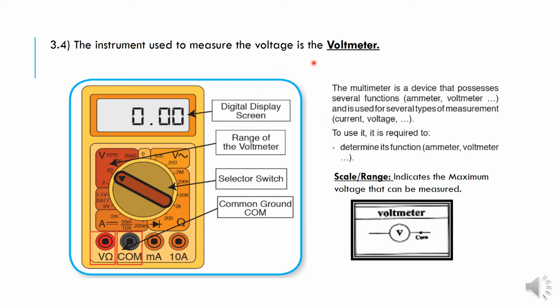Here I have to measure the voltage, so to use it I have to determine its function, so I choose it as a voltmeter. Why did I choose it as a voltmeter? Since I want to measure the voltage, and the instrument used to measure the voltage is the voltmeter. I put the switch on the voltmeter side, so I choose it as a voltmeter,